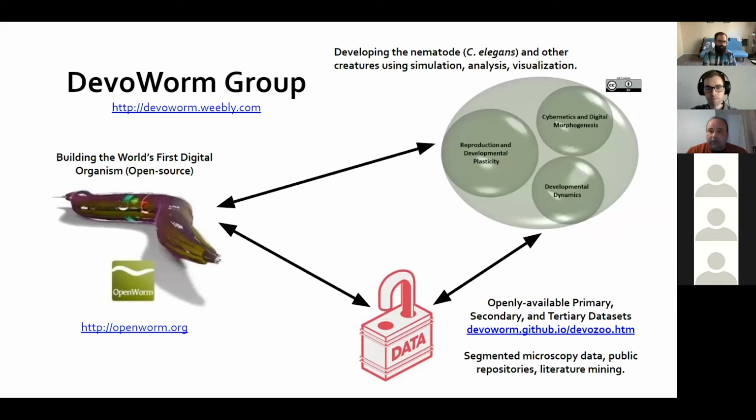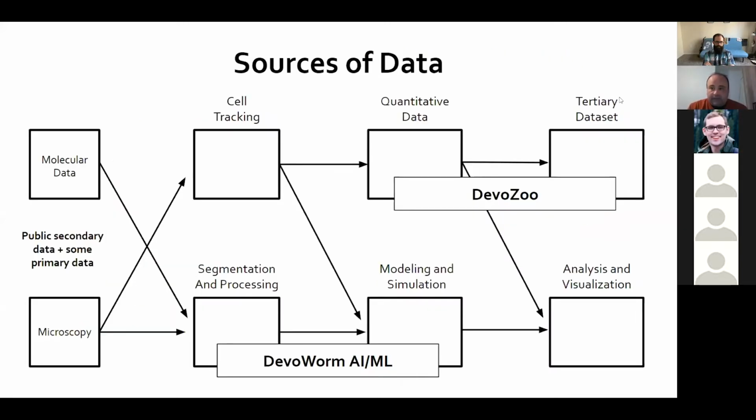We do a lot of work with data that's secondary data or tertiary data. So it's like data generated by other people, and we analyze those data. We come up with different analyses of the data. We also build models. We do a lot of modeling and a lot of machine learning. So this is an example of our group here.